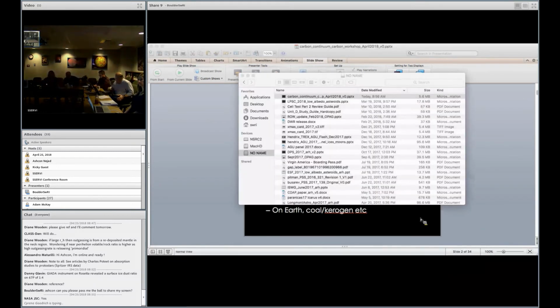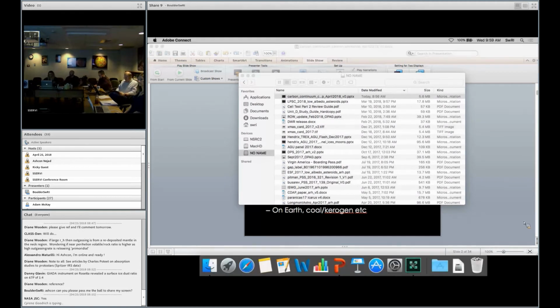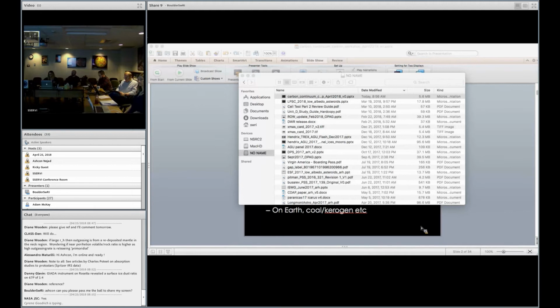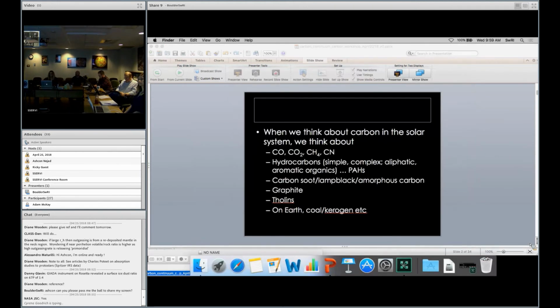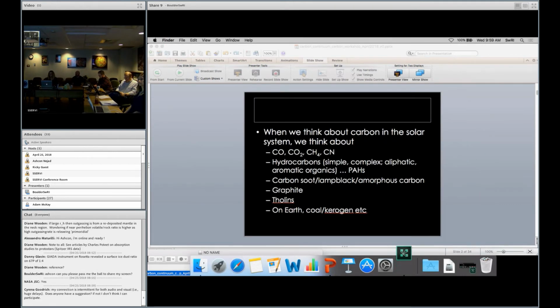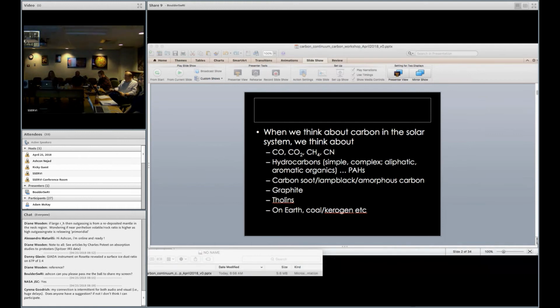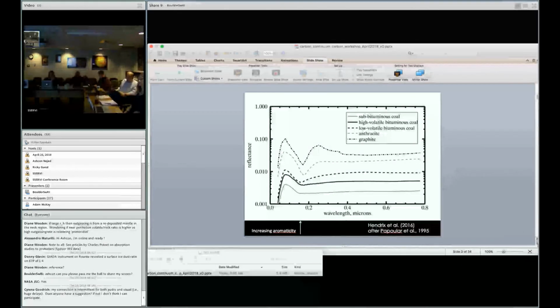I wonder if I can get rid of this Adobe Connect window here. Minimize that. Oh, this one? Yeah. Is that minimized? No. Okay. Sorry, folks. You have to close it. Don't close it. Okay. Okay, so